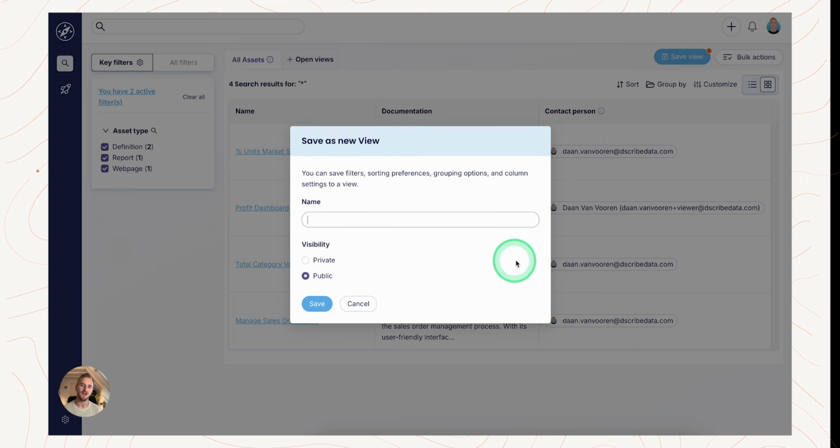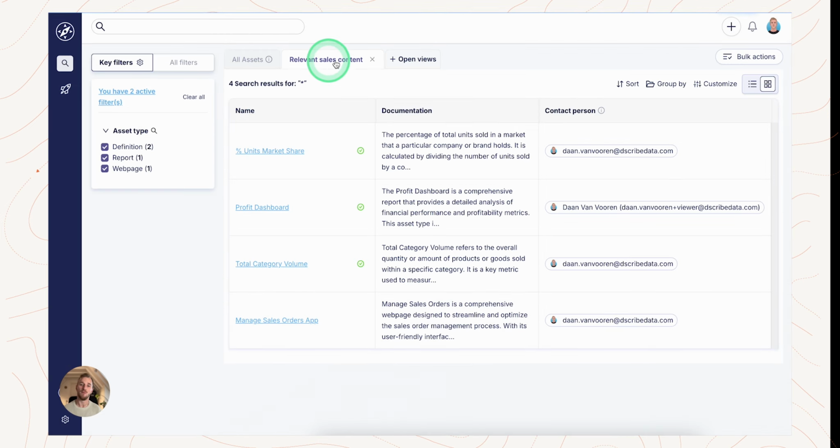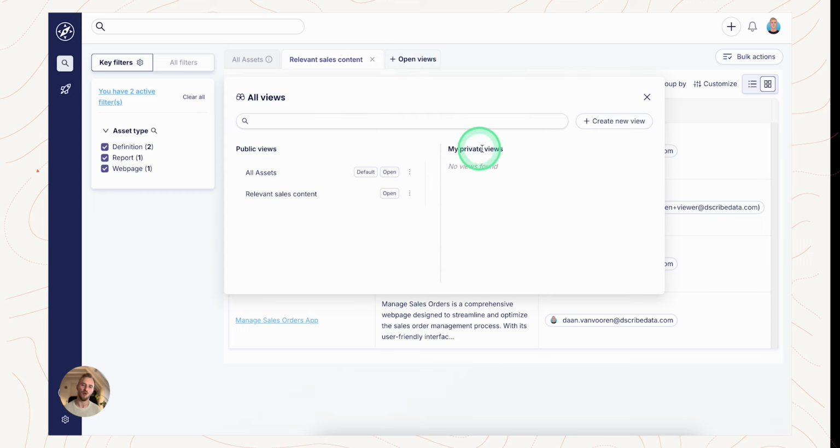When I click it, I'll select Save as New View and give it a name. Let's call it Relevant Sales Content. I'll make it public so I can share it with my colleague, then hit Save and this will automatically open the view. But you can also access all saved views, both private and public, by clicking the Open Views button